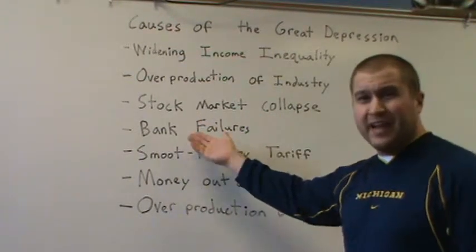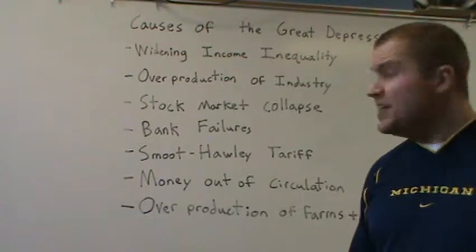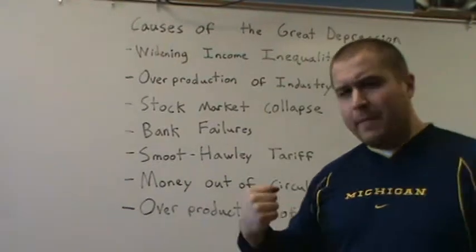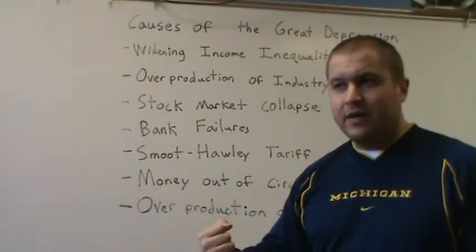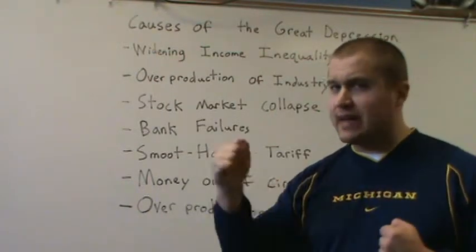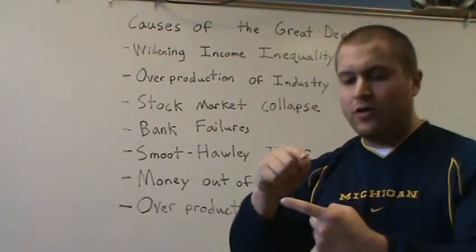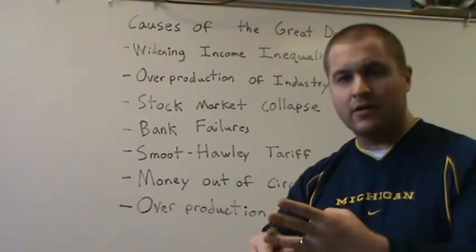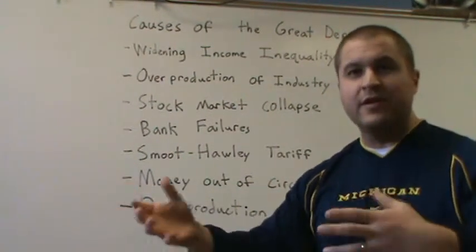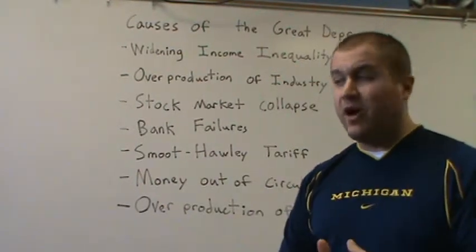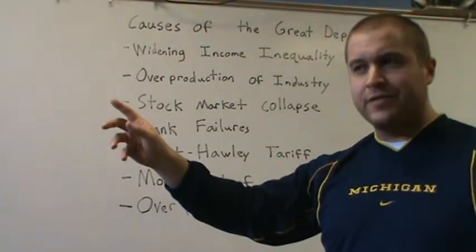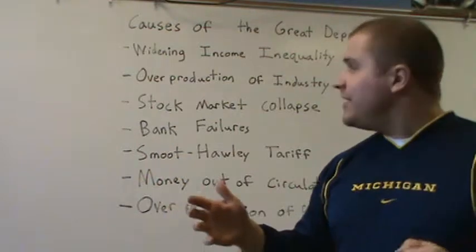Bank failures. A lot of banks were doing very, very poor policies. Some of them, in fact, had actually even bought stocks with their money. Remember, when you put money into the bank, the bank just doesn't put it into a vault and lock it. The bank takes that money and puts it out into the public through home mortgage loans, student loans, car loans, loans for starting a business. So when a lot of people need loans for whatever reason, they go to a bank and get the loan. The bank gets the money from your savings account. Oftentimes about 90% or more of the money that they get, they put back out into the community in forms of loans.